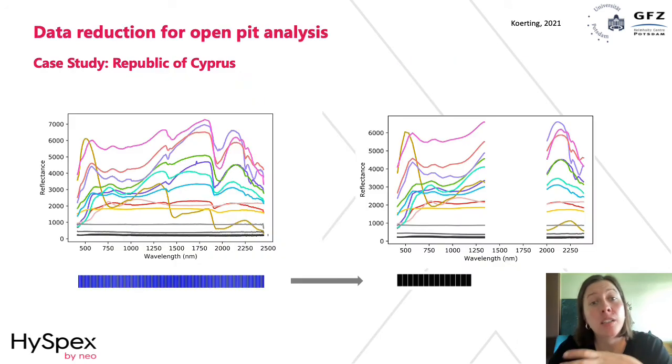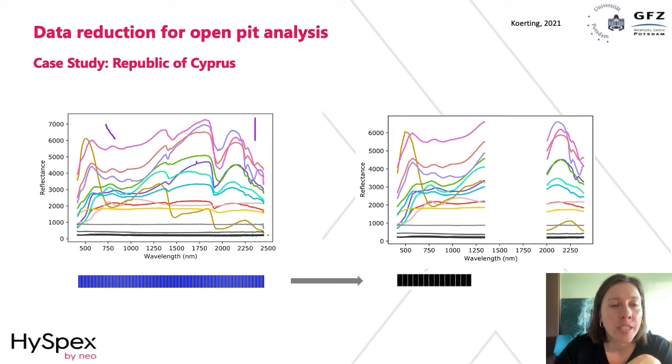So when we look at the data-driven approach, I followed a data reduction approach first. For this case study, I built a spectral library from samples in the laboratory, and I just wanted to show you the difference between the hyperspectral data and then the reduced data that I used. And here you can see we have the full spectrum, and we can see very fine features in the SWIR, but also in the VNIR. And when we look at the reduced data that I used, you can see that I excluded a complete range here between 1,300 and 2,000 nanometers,